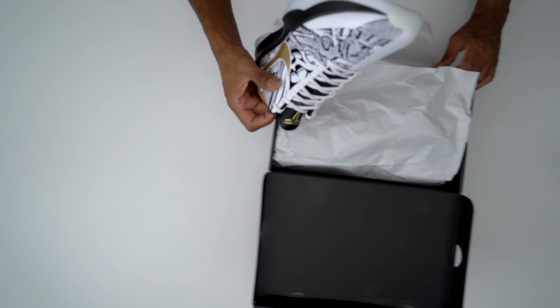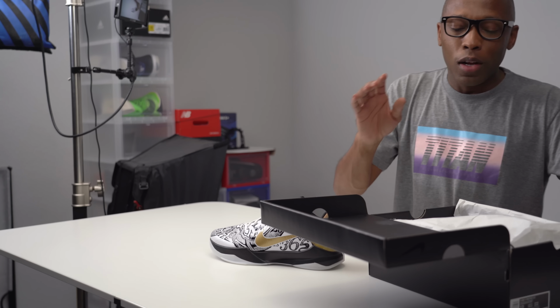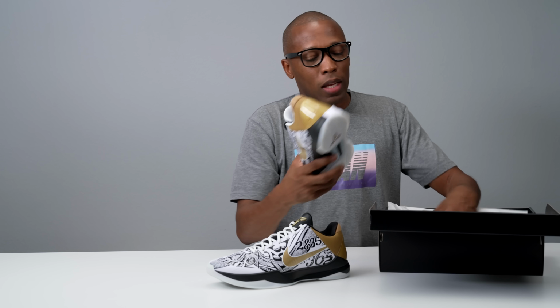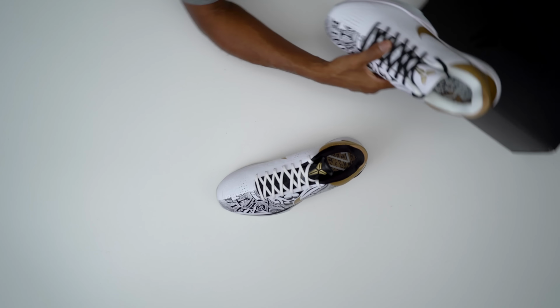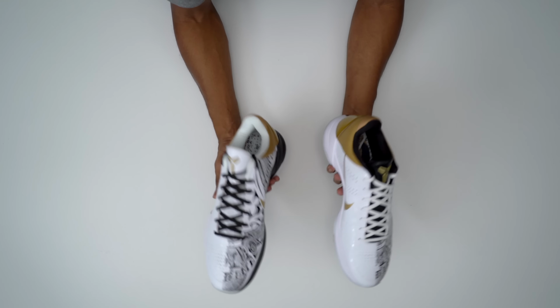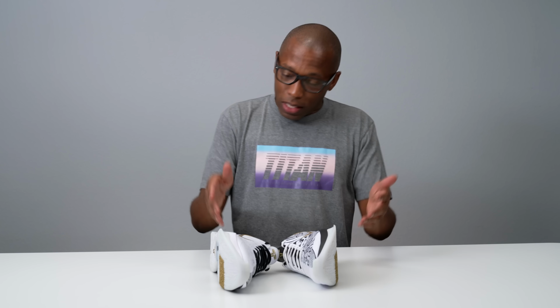And this pair actually already released, and it is the Big Stage pair. And this is one of the cooler of the Kobe week releases that are dropping this week. And I know, unfortunately, a lot of these aren't going to make it into the hands of everybody, because these are, I want to say they're limited, but they're not releasing in huge numbers. So there is that bit of a downside to it. But again, I want to give you guys the stories behind these, just because I think there's some really big